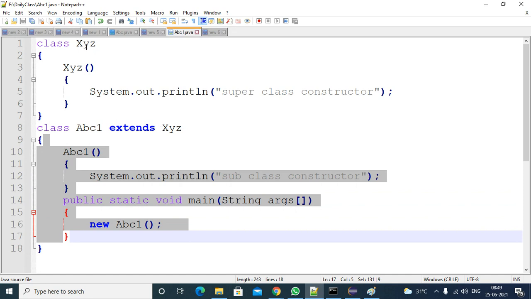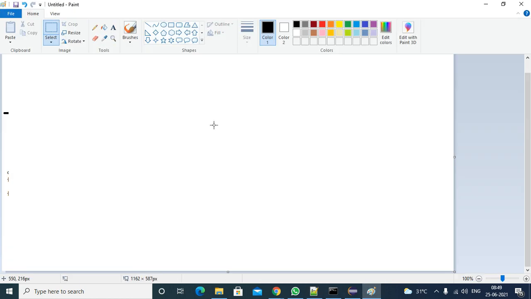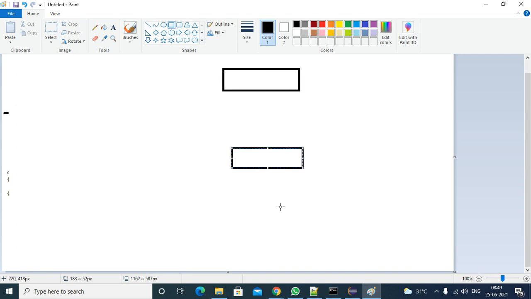Then who is the superclass for the XYZ class? The Object class. So it will start the identification of instance members from top to bottom, from parent to child classes. Here the first level is the Object class, then the XYZ class, then the ABC1 class. You have three levels here.